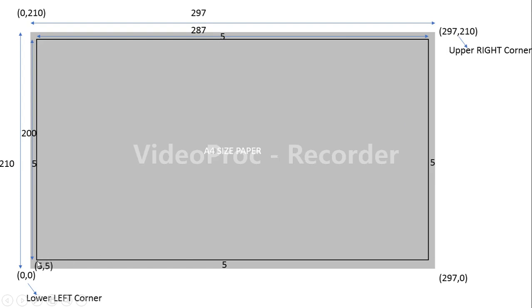the coordinates of this point will be how much? This corner, not the paper corner. The starting point of this rectangle is how much? 5 comma 5. Why? Because here in the x-axis 5 and in the y-axis also 5. Okay, now